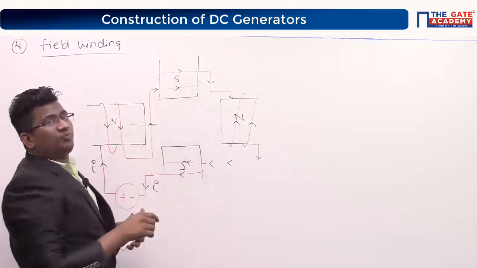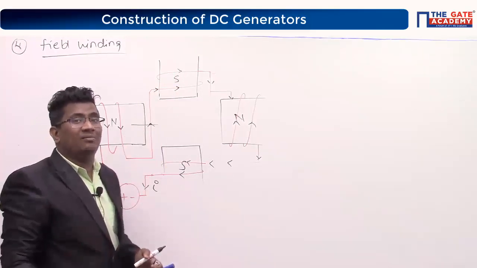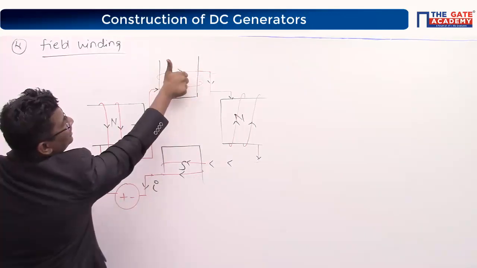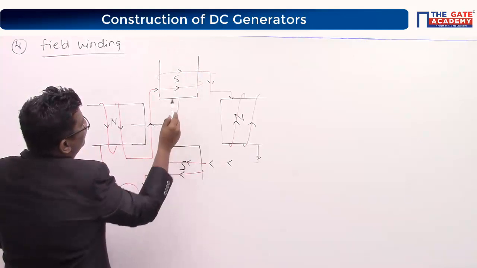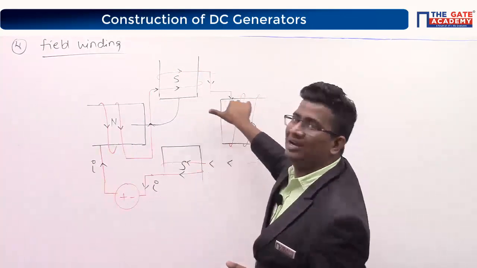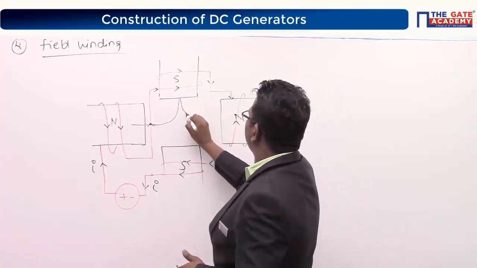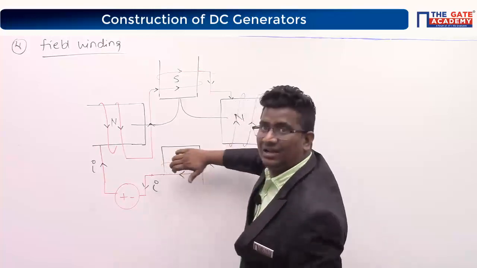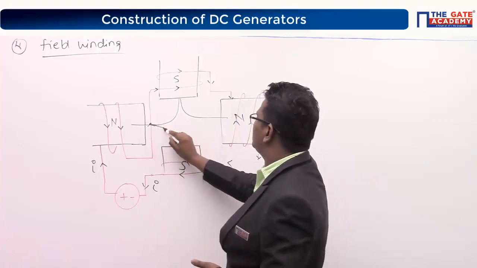To take the flux, the south pole, because these are not permanent magnets, these are electromagnets, definitely you need to excite them with some supply. So if you want to take the flux, current should flow in this direction, therefore flux will move this way. Similarly, here my current is flowing like this, therefore flux will emit. Now look, sense of winding is like this, current is flowing in this direction, therefore flux will be in this direction.